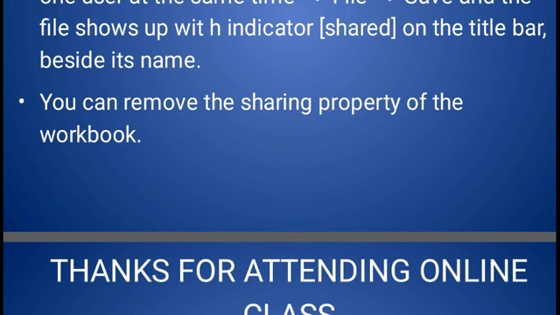And last, I discussed how we can make our workbook file shareable so that different persons can access and change it, but before that we must enable the shareable property. So these are the advanced options and facilities provided by a spreadsheet program. Today our spreadsheet chapter is completed.